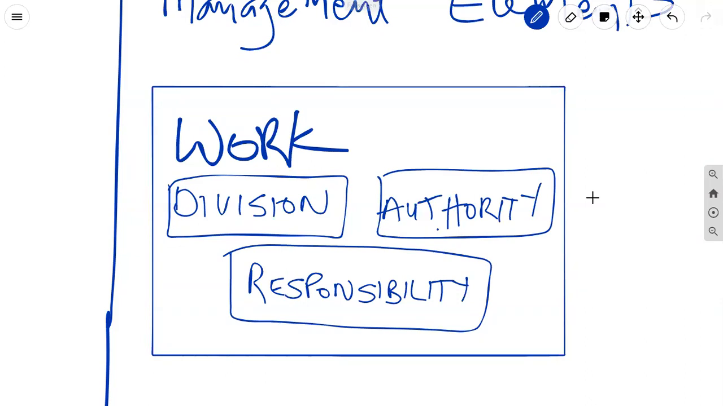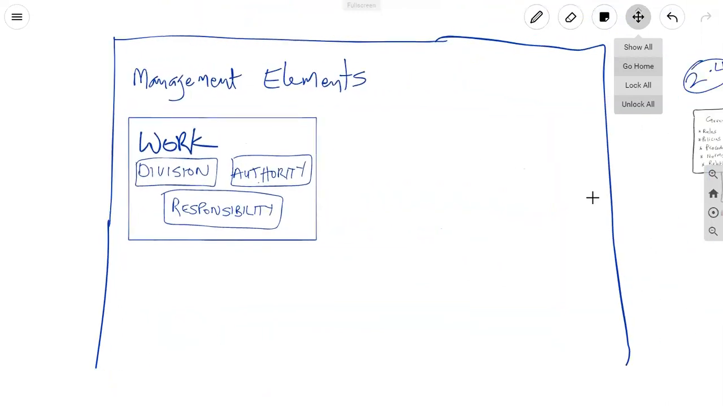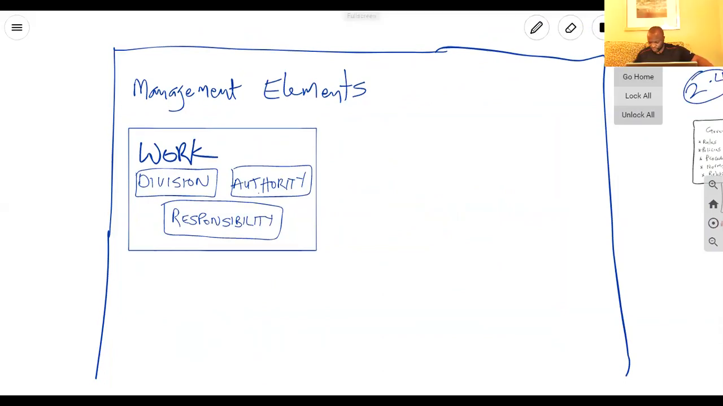Okay, so when we talk about management elements, we can think about work as being one of the big chunks of management elements. And under the work bucket, we think about how the work is divided, authority, position, where the work is concerned, and responsibility to perform the work, based on such attributes as skill and experience. Okay? All right. Moving a step further here, going back into the PMBOK guide on page 44, it states,